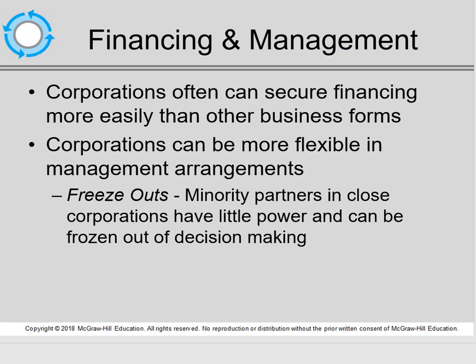The fourth and fifth factors can be found on this slide. Fourth, financing. It's much easier to finance a corporation because corporations can oftentimes secure financing more easily, such as issuing more shares of stock or issuing what's known as debt, which is non-ownership. It's much tougher for a sole proprietorship because there's only one owner financing the business. With a partnership, it may be easier depending on how many partners there are in the partnership.